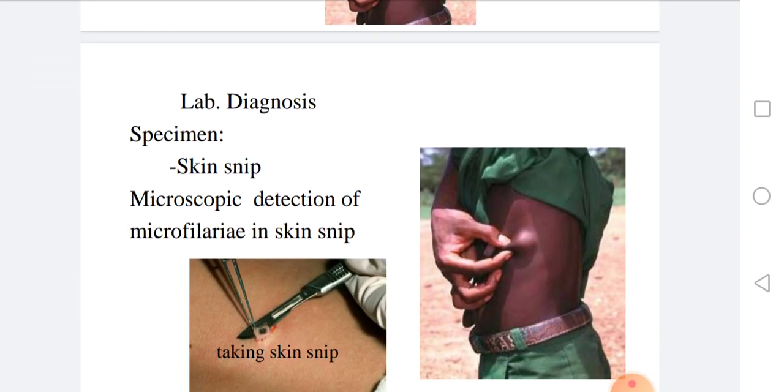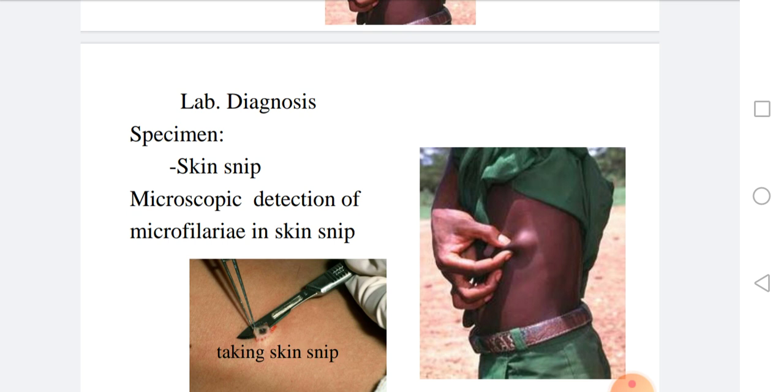Diagnosis: clinical, by clinical assessment, taking history and physical examination. Then to confirm the clinical diagnosis by laboratory investigation. The laboratory investigation is after